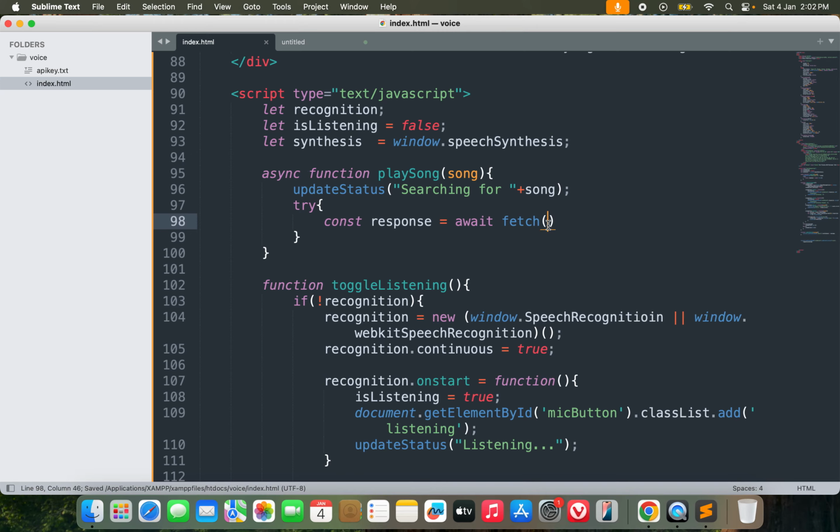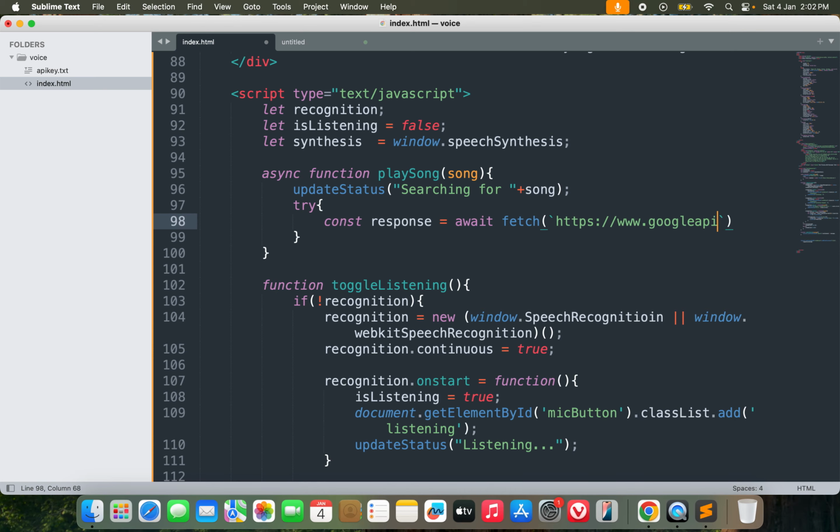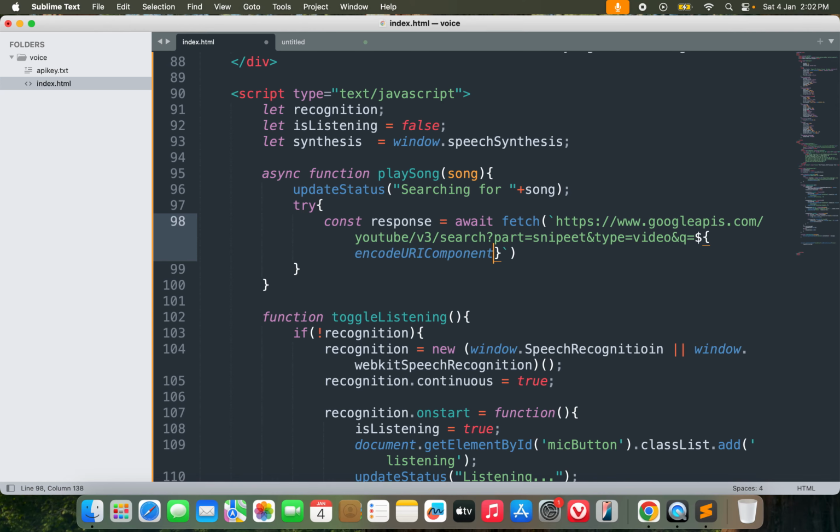So fetch, and the API URL would be https://www.googleapis.com/v3/search, where part equals snippet, and type equals video, and query equals the actual query. And the query would be encodeURIComponent song,